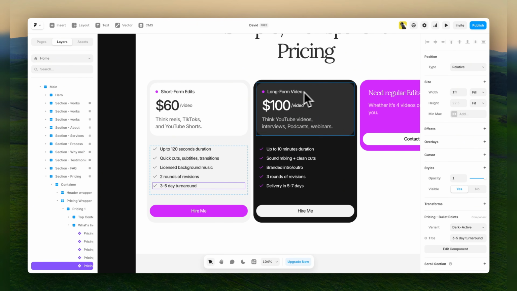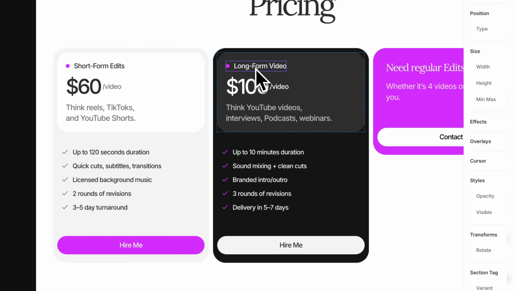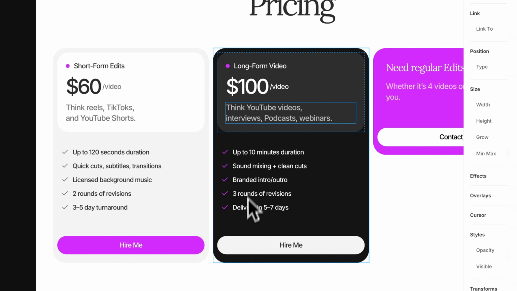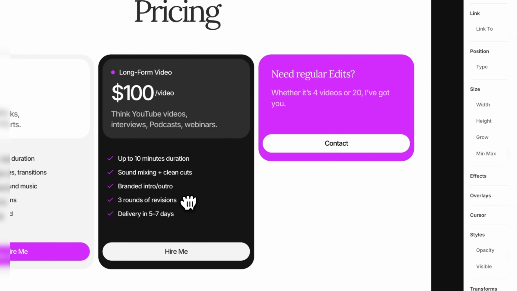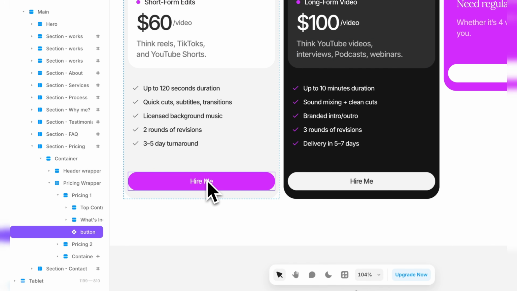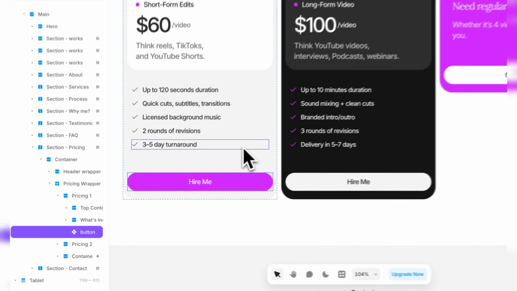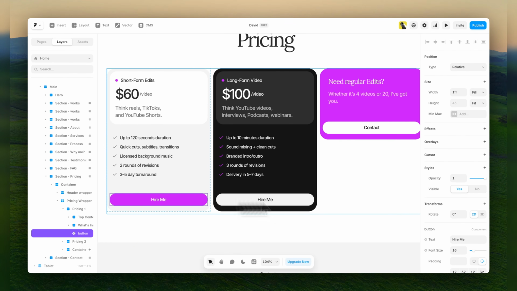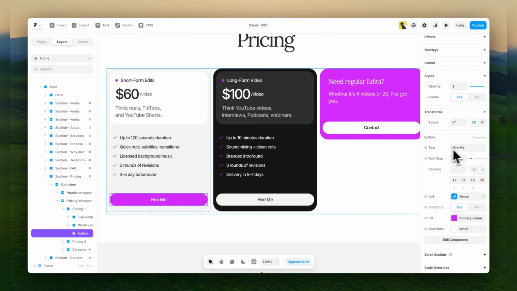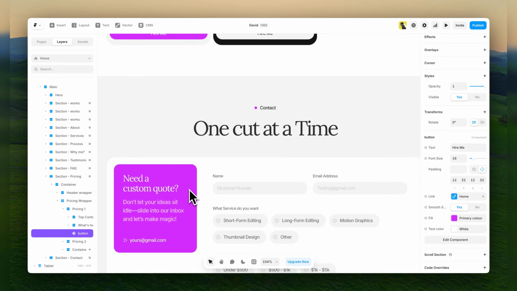Now do the same thing for here as well. Change the title if you want, change the price if you want, change the description, and then update the deliverables as well. All of these buttons are already linked to the proper places, so you can ignore that. Or if you want to change them, like I said, select it, come over here, change the button text from hire me to what you want it to be, right? So you scroll up